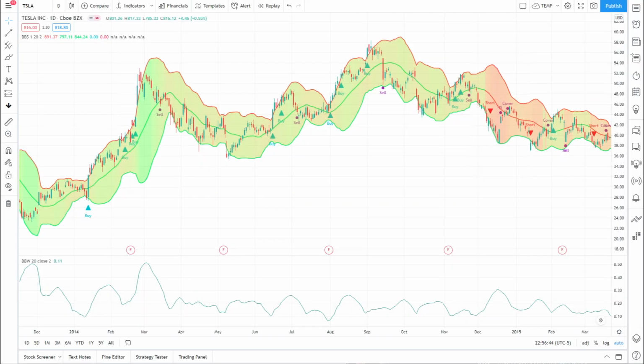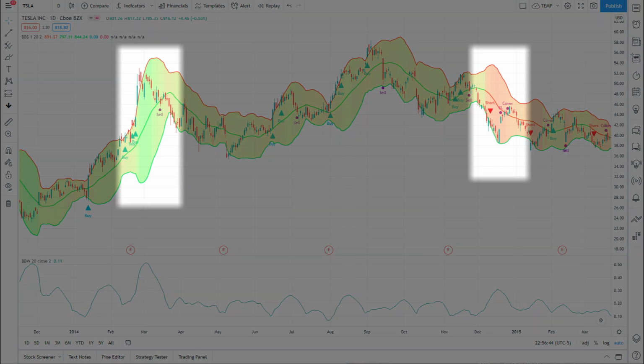An added feature of this indicator is that the darkness of the background color indicates the intensity of the current trend. Extreme moves in price will make the background of the indicator either green or red, depending on the direction of the trend. The indicator's color scheme can be modified to suit your own preferences.